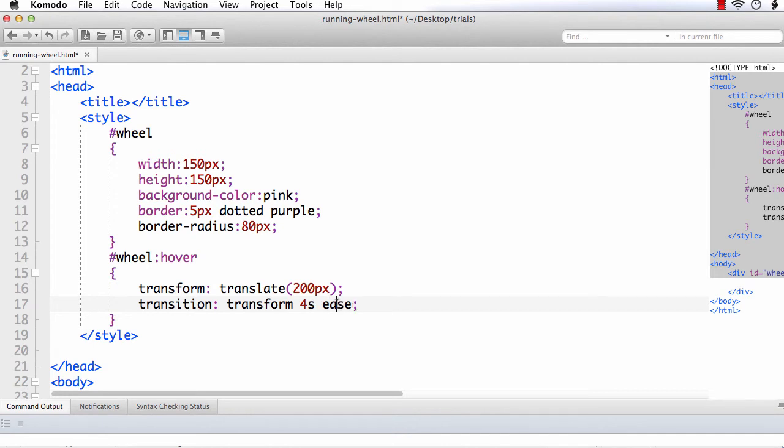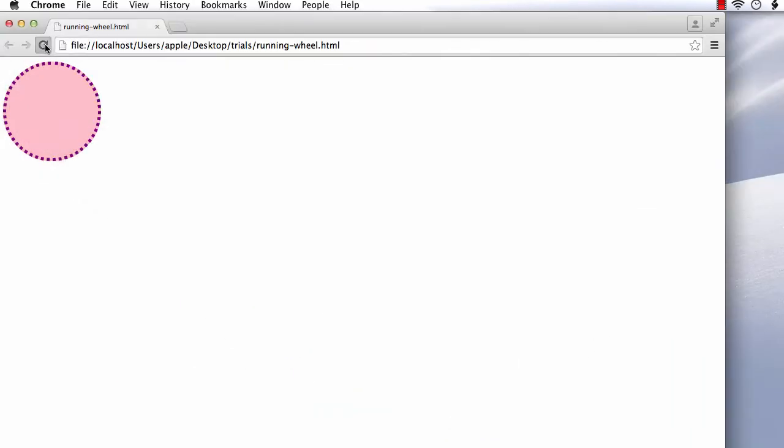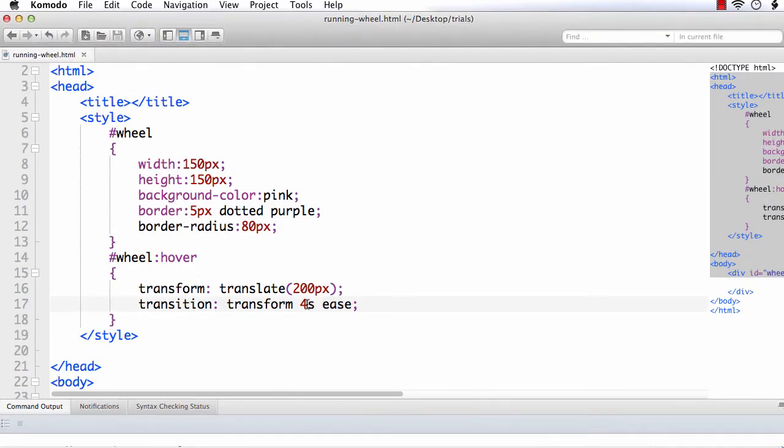I will explain this ease effect. First let us see how it works. Refresh. See, it is moving slowly. In 4 seconds it moved to another location that is 200 pixels away from the current location. Now suppose I increase this to 10 seconds.